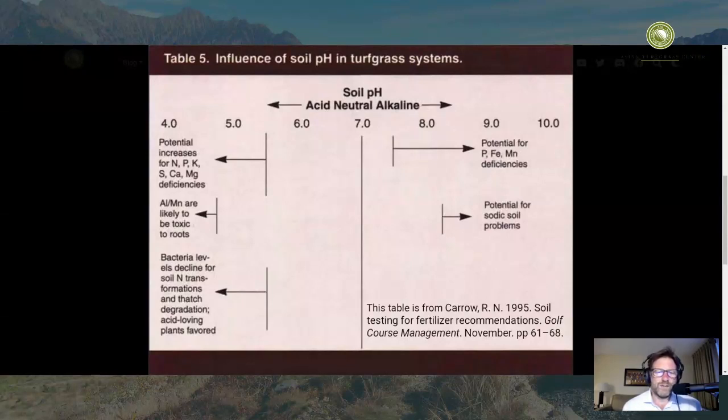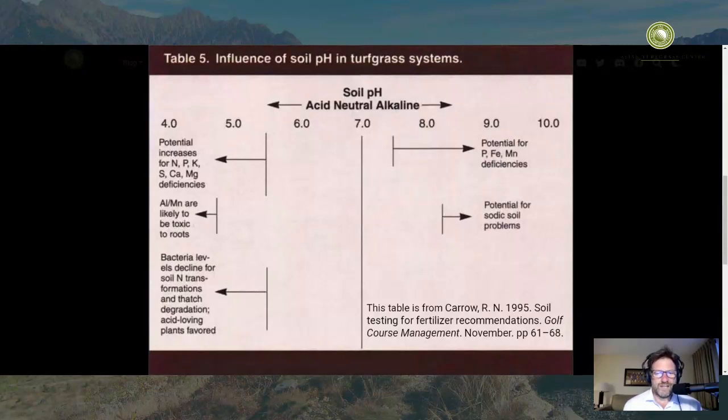Now, whether you're at 4.9 or 5.4, there's an increased risk of it. And by the word that he chose in this chart saying likely to be toxic, I think at a pH 4.9 or below for sensitive grass species, those are likely to be toxic to roots. Now, I think you're increasing the risk of that toxicity once you go below 5.5. So unless you've got a really good reason to let the soil pH drop below 5.5, I prefer that little bit of safety buffer and just reduce the risk by keeping the soluble aluminum essentially at 0, which it will be if your soil pH is 5.5 or above.